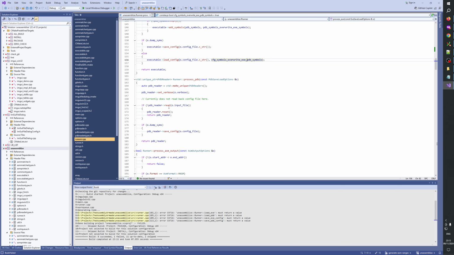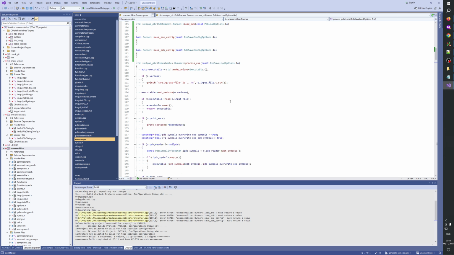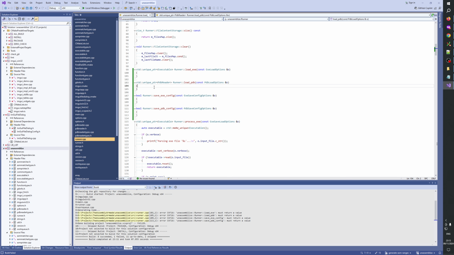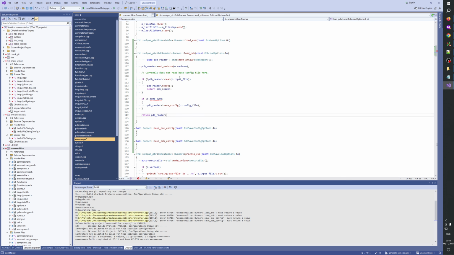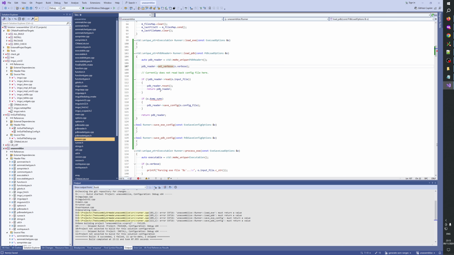Okay, how about we do the PDB first? That one is easier. Let's copy it. So load PDB. PDB reader. Read, reset, return PDB. Save config. Okay, so here we simply do